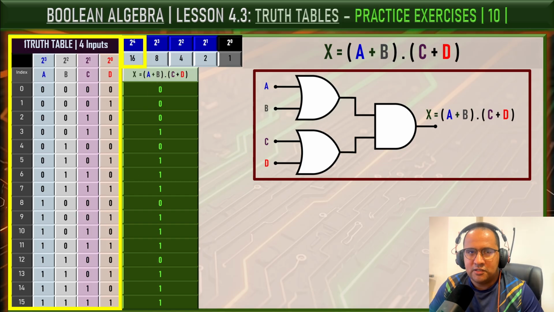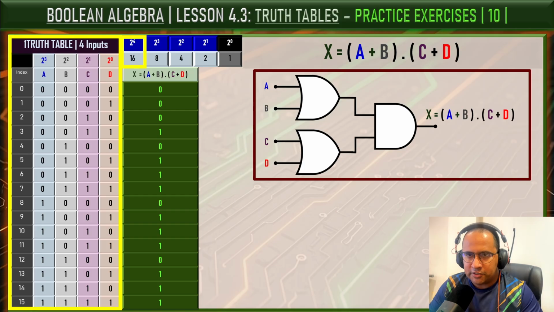In this lesson, we solved the truth table exercises involving different types of logical expressions and logical circuits. We started with simple examples and gradually moved to more complex circuits containing multiple gates and complemented inputs. Throughout these exercises, we discovered something more important. Building a truth table is not just about evaluating row by row. As your understanding of logic gates improves, you begin to recognize patterns, and these patterns allow you to determine many